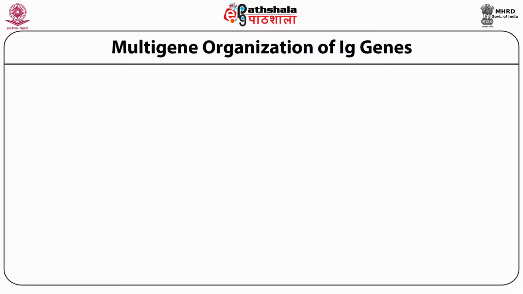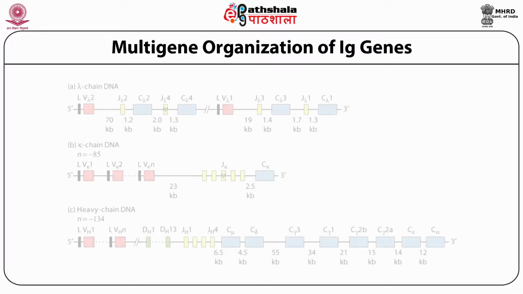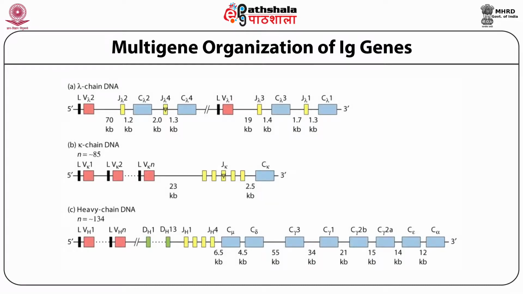I told you already how the gene rearrangement takes place in a germline, in an undifferentiated B cell. I already told you the gene segment for lambda or kappa codes for almost 115 amino acids, and it is made up of two segments: one is called the J segment and the other the variable segment. There are a large number of variable segments, and similarly a large number of J segments are present on the chromosome. One variable segment combines with one J segment, which gives rise to the functional light chain. This is the key of the immunoglobulin synthesis.